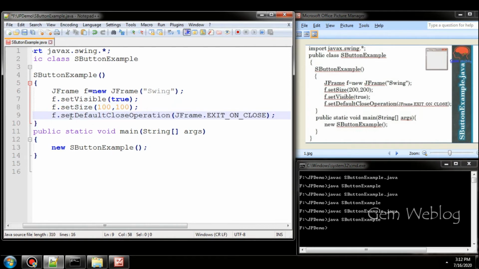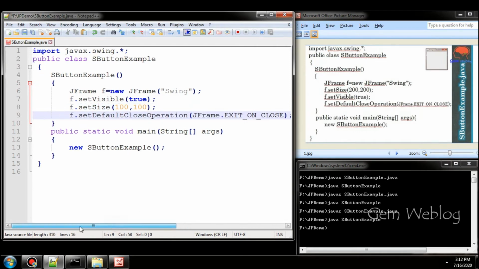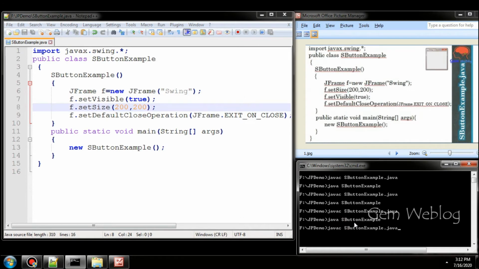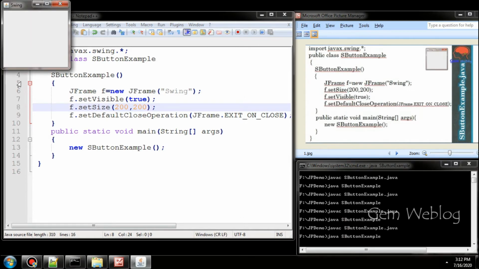So I am setting setDefaultCloseOperation with the argument as JFrame.EXIT_ON_CLOSE. And I am also changing the size of the frame to 200 cross 200. Now I am compiling the program and executing it. Now the window frame size has been resized to 200 cross 200. Now I can see the name of the frame as Swing, which has been set using the constructor here.